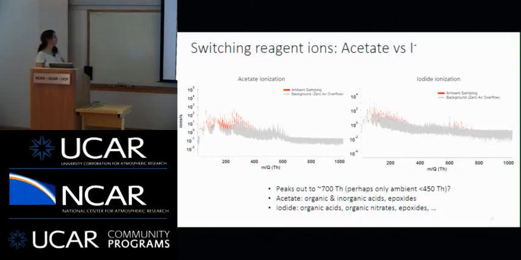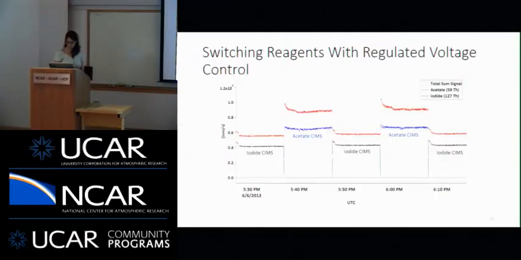So what we're measuring from acetate, it turns out, is organic and inorganic acids. This isn't a surprise, it's published in the literature by quite a few other groups. We also measure some epoxides and hydroperoxides. We know we measure them, as I'll show you in a few minutes. It's a little difficult to tell exactly what you're measuring, though, in terms of isomers. With I-, as I mentioned, we measure lots of different functional groups. All right, so we have these switching reagents. We can operate them, in this case, on the tens of 5-minute time scales, and you can see we can measure iodide for several minutes.